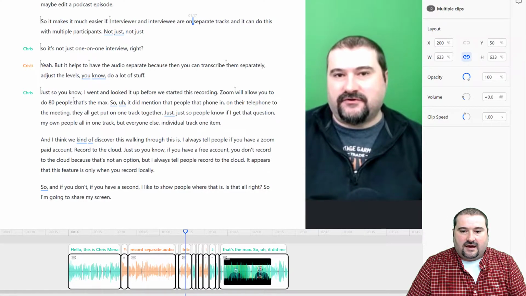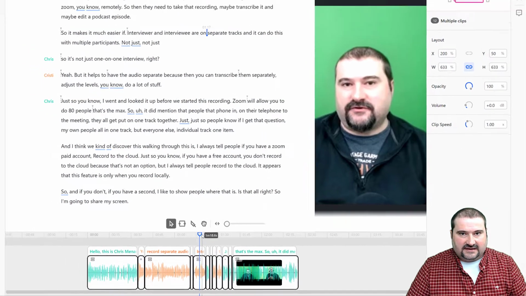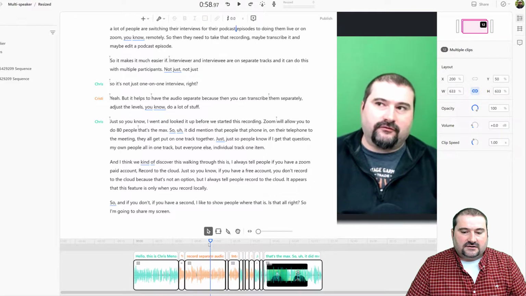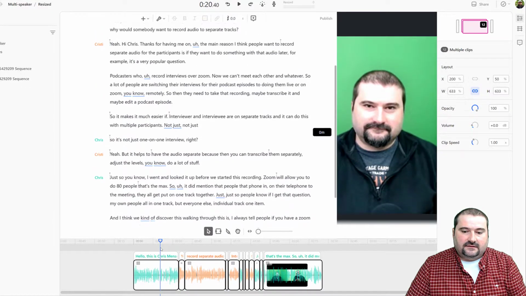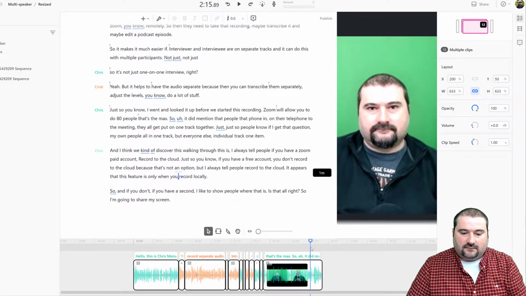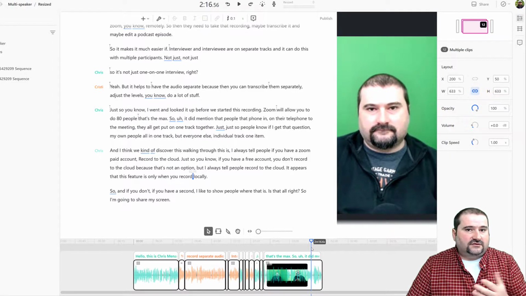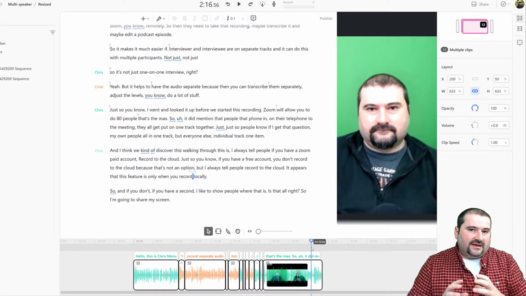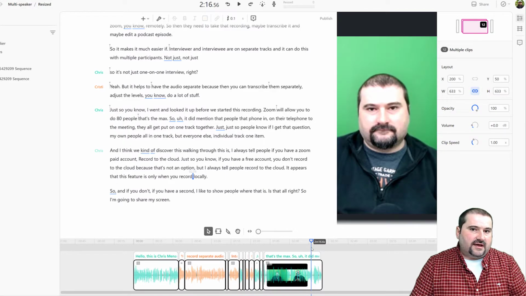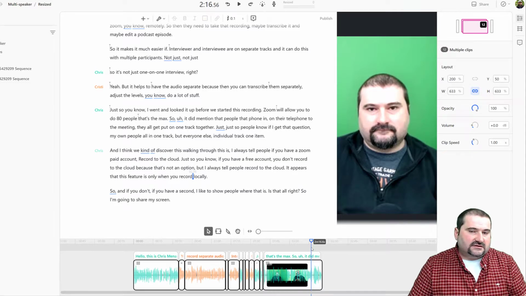Check this out. Now I am reframed, and because I had everything selected, the entire clip is now correctly showing me full screen. As you can see, I'm scrolling through it here and all the way to the end. I am not appearing small on the screen anymore. So this is one way to reframe video in Descript to ensure that the whole video gets resized in a composition even after you've made edits and cuts and so on.